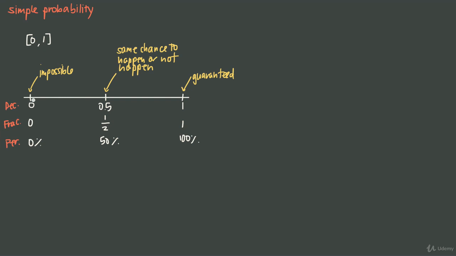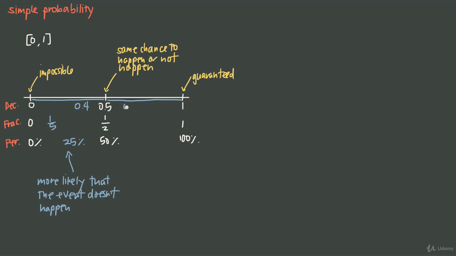So then any probability between 0 and 0.5, these could be values like 0.4 or maybe 1/5 or something like 25%. All of these values are somewhere between 0 and 0.5 or 1/2 or 50%, means I have a less than 50% chance that the event happens, which means it's more likely that the event doesn't happen than it is that it does happen. But if I have a probability value between 0.5 and 1, so these could be values like, let's say, 0.6 in decimal form, or maybe something like 7/8 in fraction form, or maybe something like 75% in percentage form, any value that's